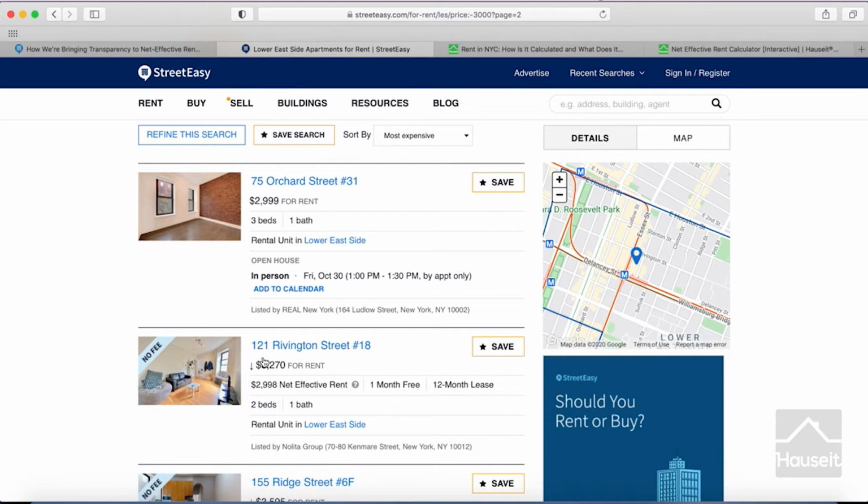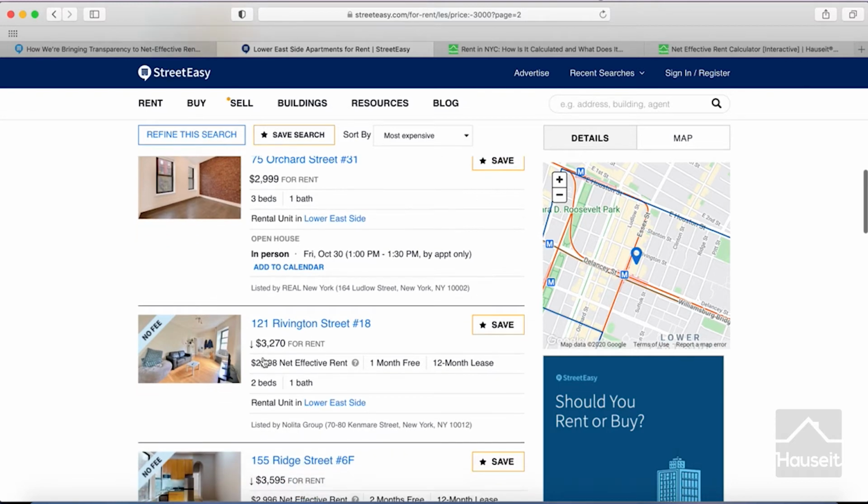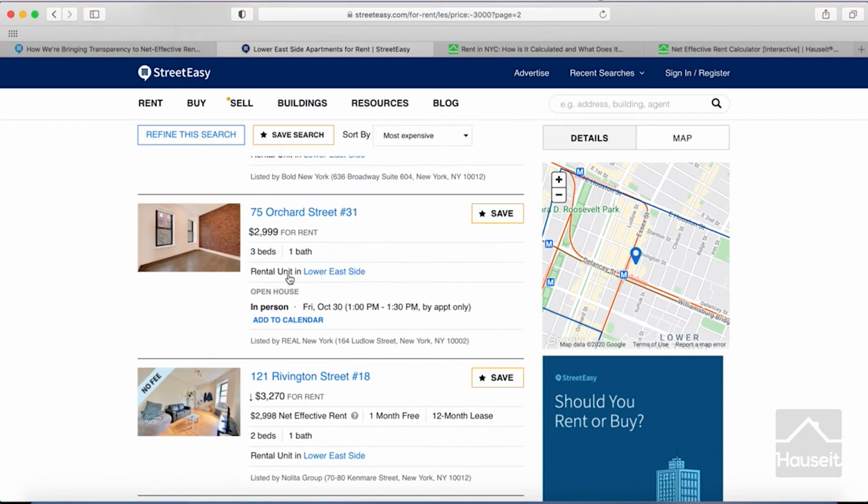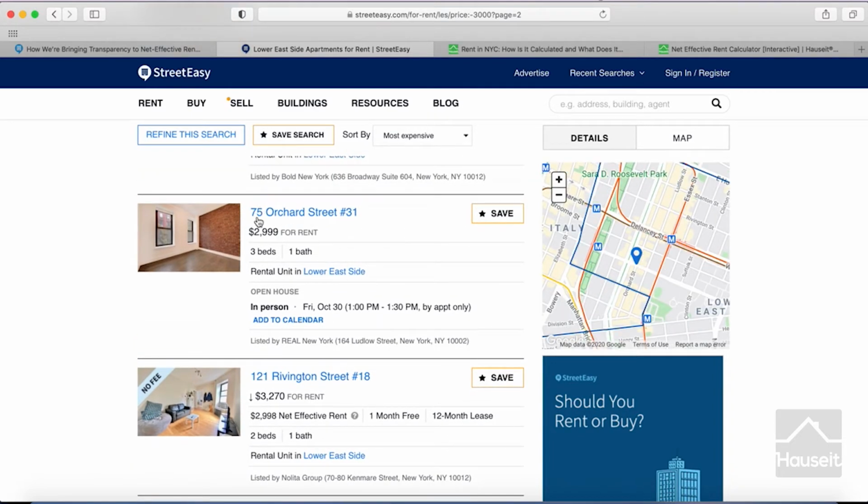And the other thing as well is when it comes to getting a free month or two, what that might mean is basically when you want to renew the lease, in a sense, you'll actually be prompted to renew it at the full gross rent. So a lot of people don't like that, the fact that although the net effective rent might be the same, like in this case, $2,998 sounds the same as $2,999, but if you were to rent this apartment here at the beginning of that potential second year, you won't have to sort of renegotiate with the landlord based on the presumption of you paying the gross rent. In this case, the renewal, assuming there's no increase on the actual rent, would be $2,999.